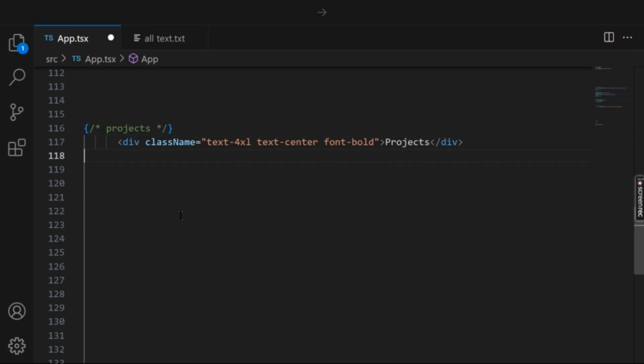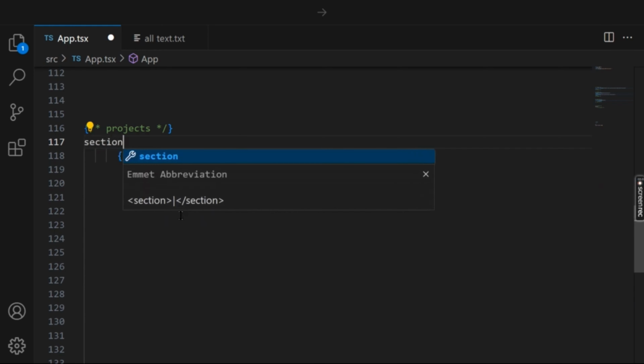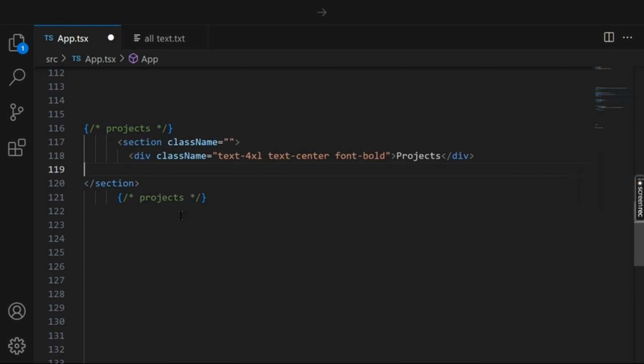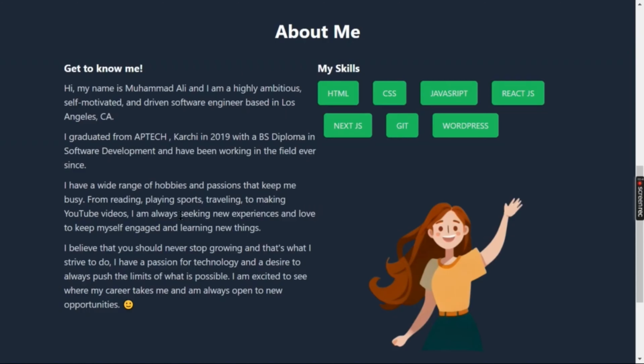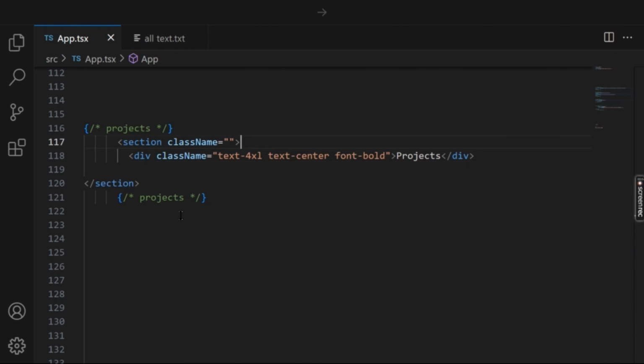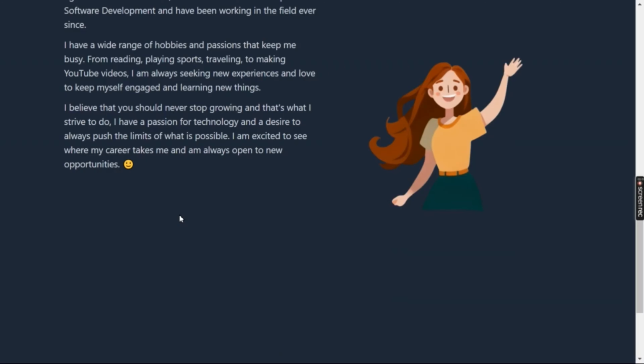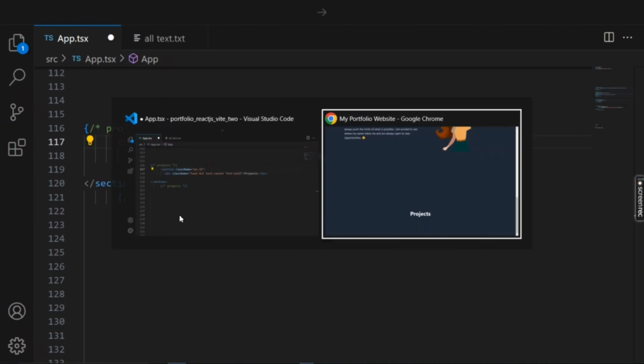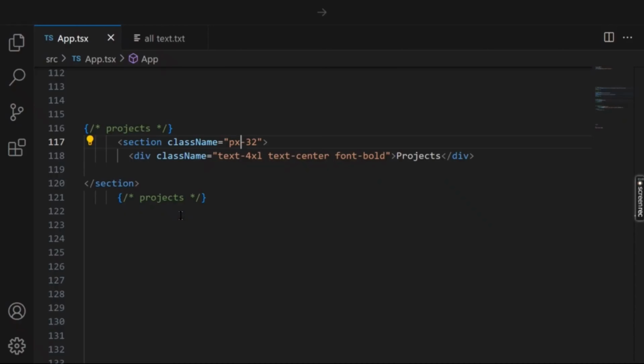And just comment out this div also, to make it more readable. So this will be wrapped up inside a section, and the section will be having a padding of p x-axis of 32, and p bottom will be 32. And